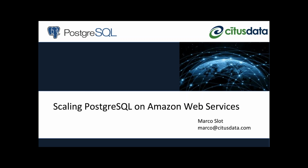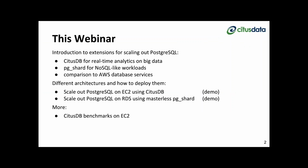And specifically, I'll be talking about two of our extensions that we built for Postgres that lets you scale it out across many machines. So one of them is CitusDB, which extends Postgres for doing kind of real-time analytics on very large data sets by running queries in parallel across a large number of nodes. And then PGShard, which is kind of an open source extension for sharding Postgres, which is more targeted towards NoSQL-like